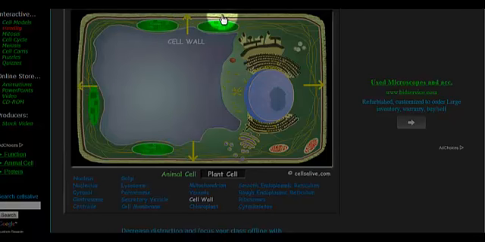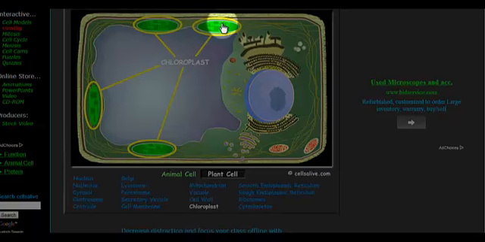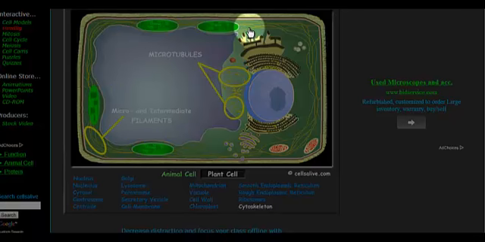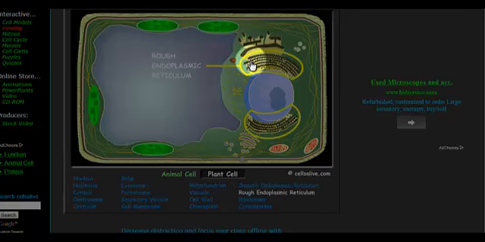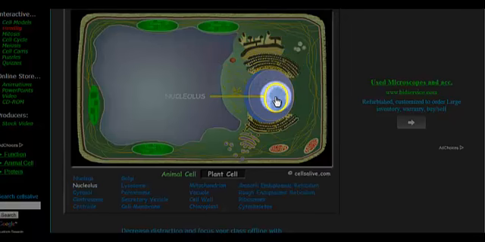You can see the chloroplast in the plant cell, which is lacking in the animal cell, and this is how each and every point can be discussed. It is a well-labeled diagram, and the theory of each part, each organelle, is also given in this